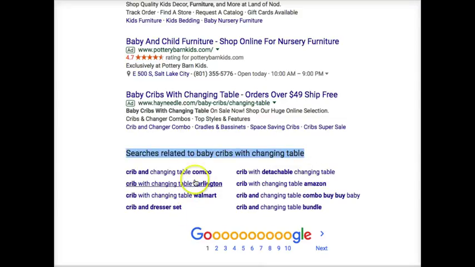So all of these are keyword search phrases that potential customers have typed in to find something like what we are advertising here. Okay? So if we want to start finding these phrases, that's what we need to find: what are people typing in when they want to find my product?